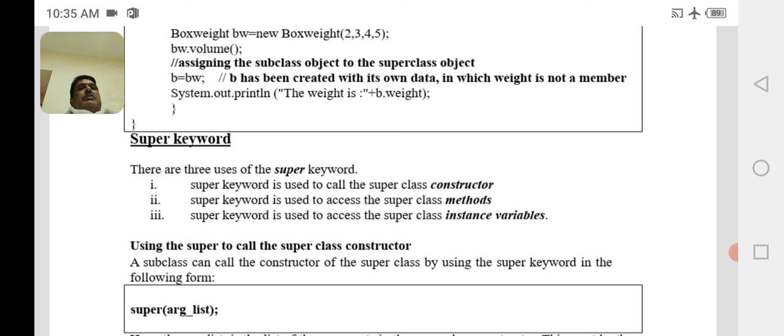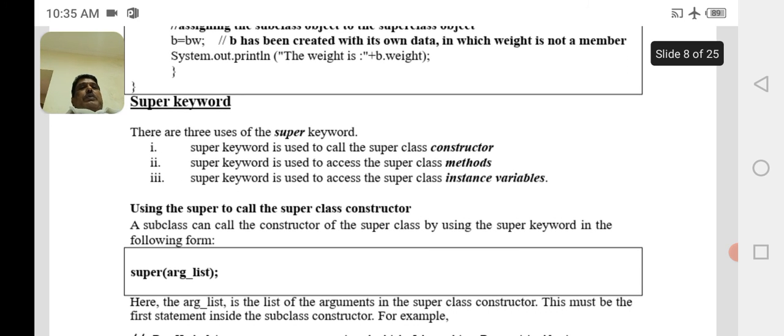The subclass method will be hiding the superclass method. In that case, to call the superclass method, we use the super keyword. Similarly, if we have a superclass and subclass with the same named instance variables, the subclass instance variables will be hiding the superclass instance variables because their names are the same. So in such a case, to call upon the superclass instance variables, we use the super keyword.